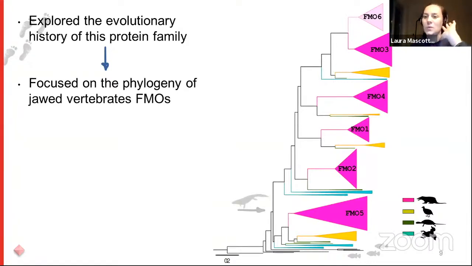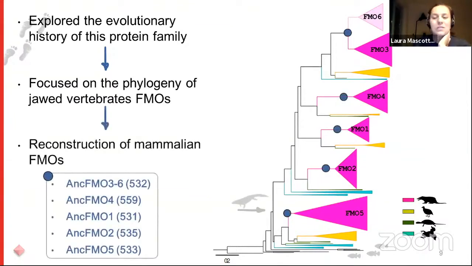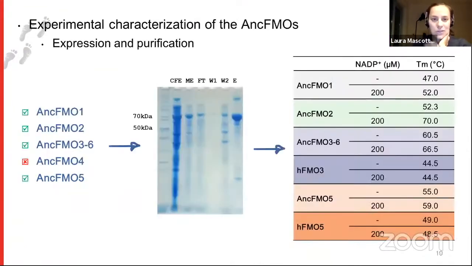So we started our project with the conservative approach, and that means that we went for ancestral sequence reconstruction for the mammalian ancestors: the common ancestor of FMO3, 6, 4, 1, FMO2, and FMO5, which is the first diverging FMO. We were able to reconstruct these ancestors with very good probabilities, and then we went for the expression in vitro. So we did the expression and purification, and out of the 5 ancestral FMOs, we got 4 of